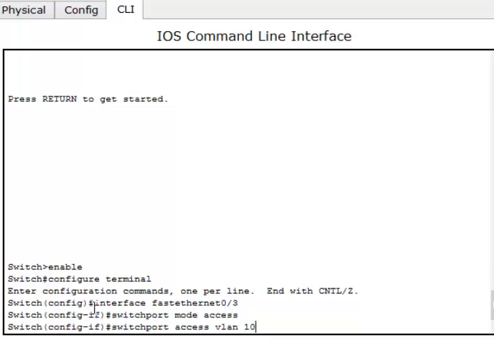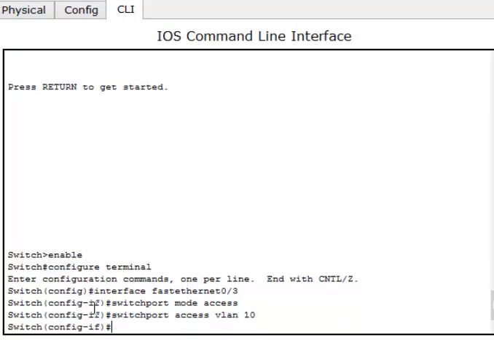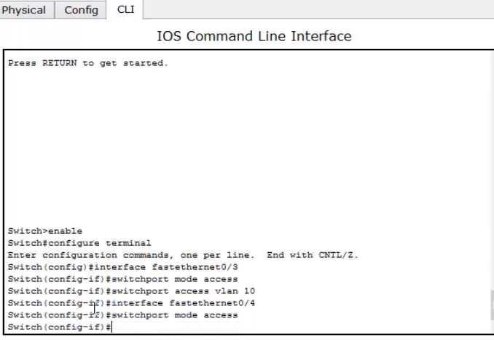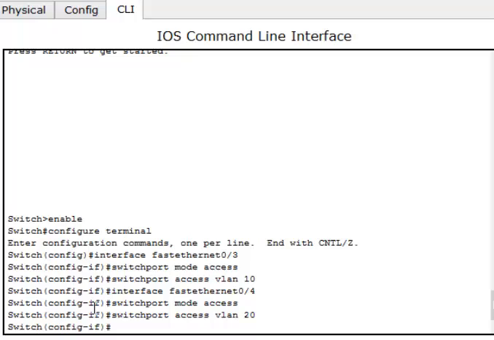VLAN 10 is assigned on our FastEthernet 0/3. So again, we'll type interface FastEthernet 0/4. We'll assign this FastEthernet to mode access and assign VLAN 20 in this port. Switchport access vlan 20.